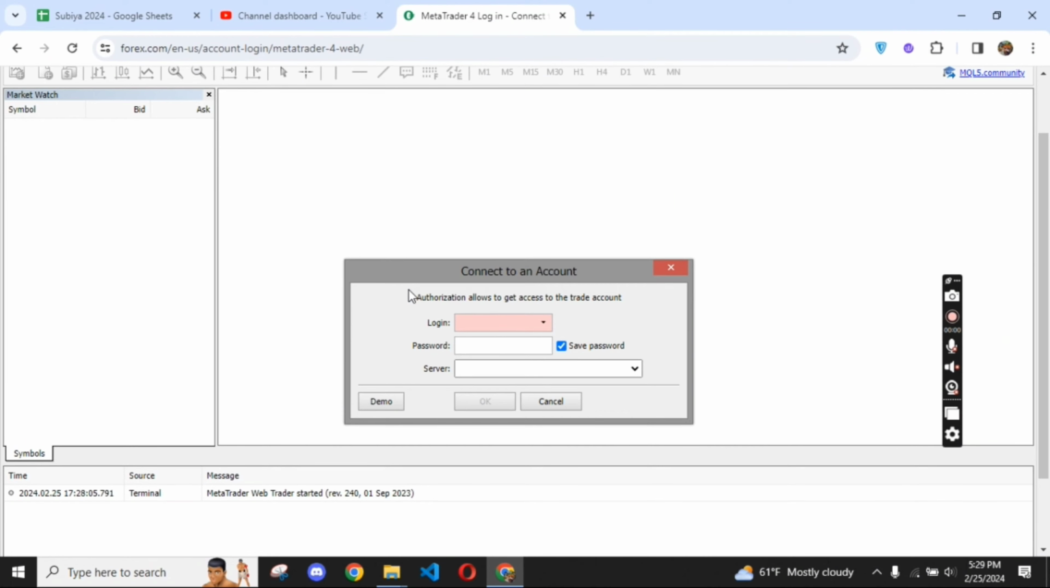Enter your login ID and password associated with your MetaTrader 4 account. Choose your server and tap on OK. In case you want your password to be remembered next time you log in, tick mark the box that says Save Password. This is how you can log into your MetaTrader 4 account on PC quickly and easily,